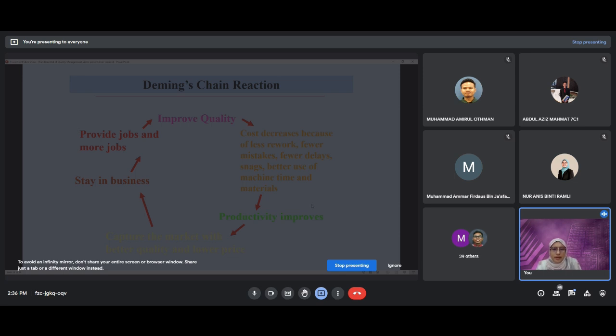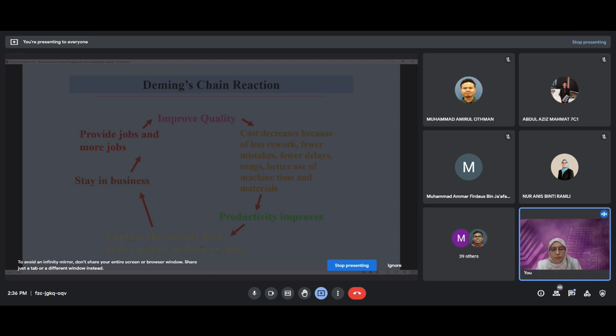This is the change reaction. Change reaction is where, by improving the quality, the cost will decrease because of less rework, fewer mistakes, fewer delays, and better use of time and material. And when the cost decreases, it will increase the morale of the workers, and thus the productivity will also improve. And when the productivity improves, the product will also increase in quality and be lower